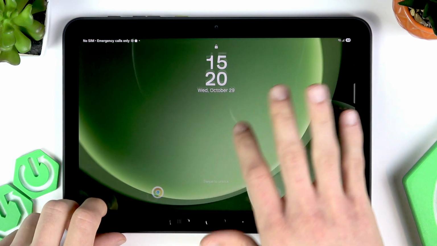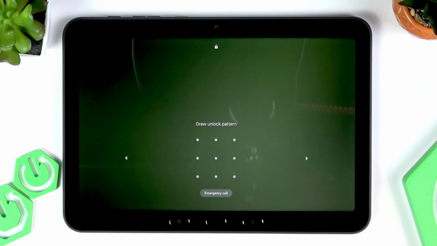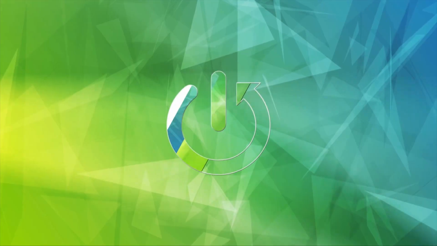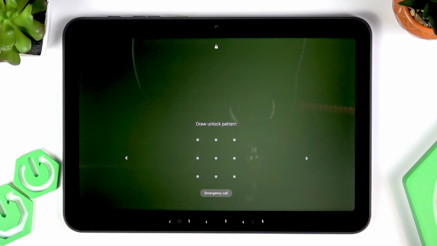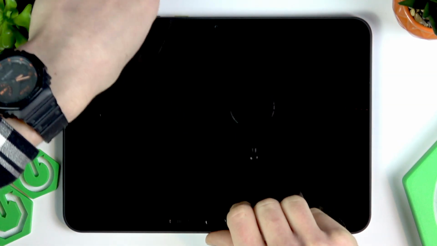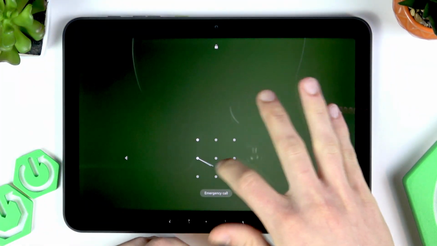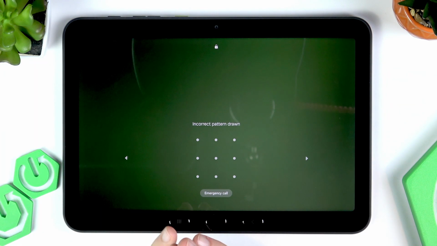Welcome. In this video, I will show you what to do if you cannot access your Samsung Galaxy Tab Active 5 Pro using your lock screen pattern. So if you tried entering the pattern that used to work for you before and it doesn't seem to work right now,